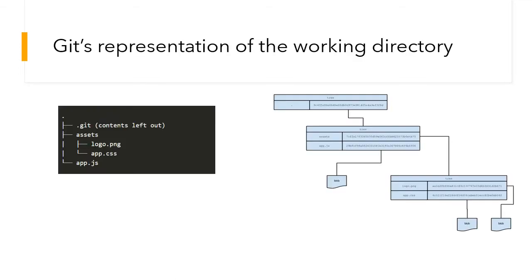The image on the left is a normal representation of the directory and the image on the right is the Git representation of the directory. Each file is stored as a blob object. Git generates the hash of the contents of logo.png and app.css. Both logo.png and app.css are in the same directory, assets. And the directory assets is represented as a tree object. A tree object works like a dictionary. Both the assets folder and the app.js file are in the same directory. It's a top level directory and again it works like a dictionary.